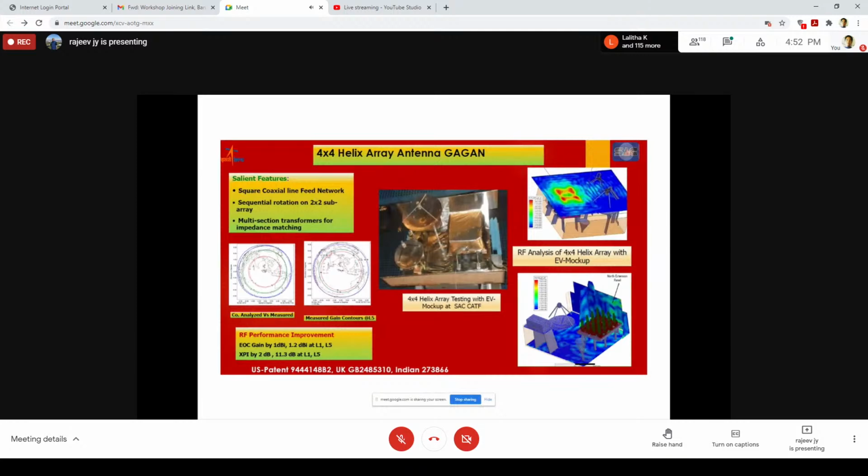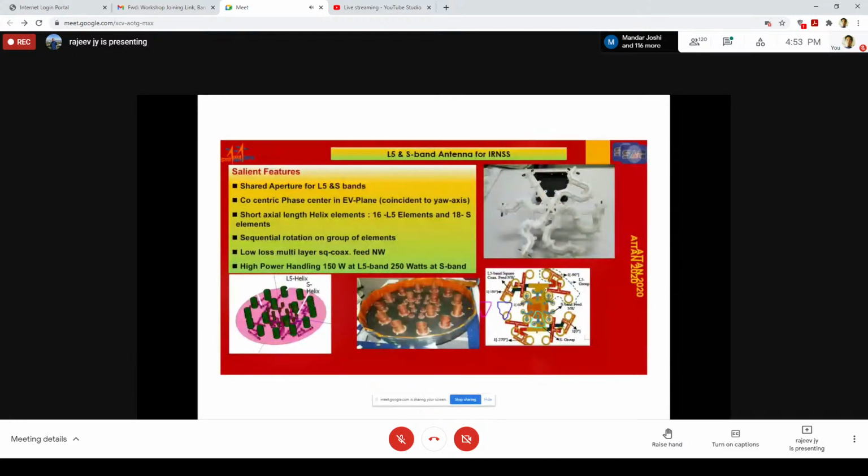And this was one of the two patents which we took, one in the US, one fine work with my team. Another one: earlier it was L-band. Now with ISRO, when they started the IRNSS program, there was hardly any band left. We could not get any other band. Only L5 and X-band were available. X-band was new to any service provider. So we had to make a new type of antenna which can cover two distinctly different bands, L5 and X-band. So we came out with a circular array